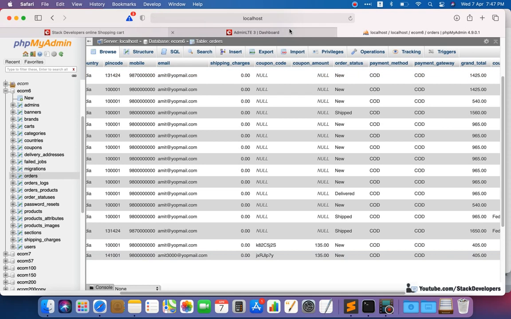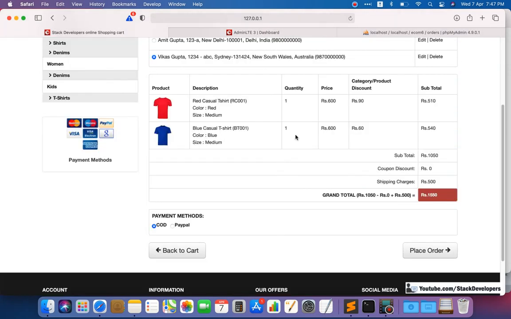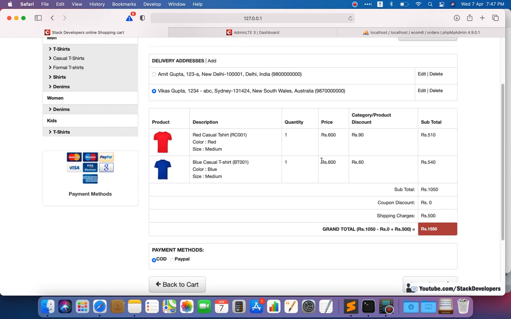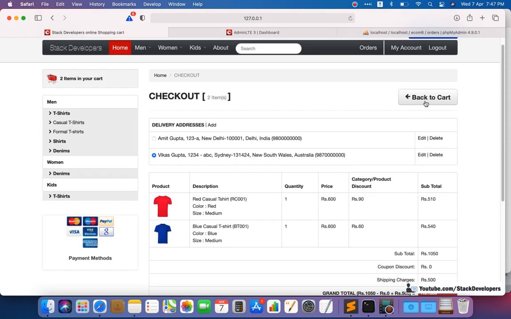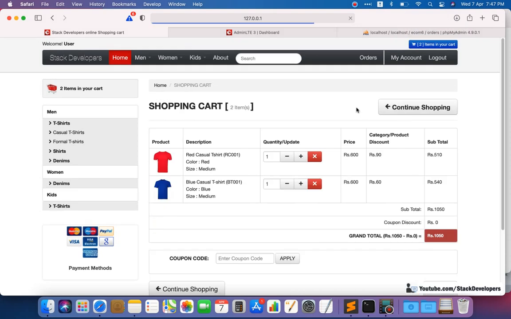So here we need to pass the shipping charges, and we need to pass the updated grand total including shipping charges. Before starting this process, there is one minor change that I want to make. There is one issue in the coupon code functionality that I want to resolve. Issues we are going to resolve side by side. We will not retain the issues, we are going to resolve them. Anytime I find some issue, I am going to resolve that issue.